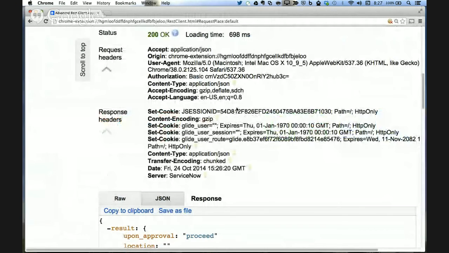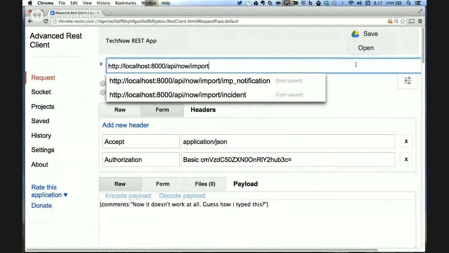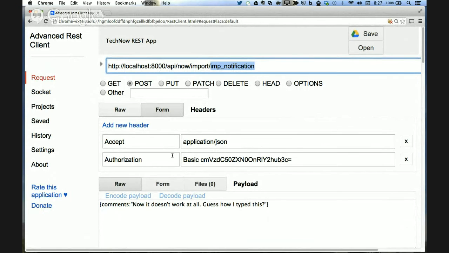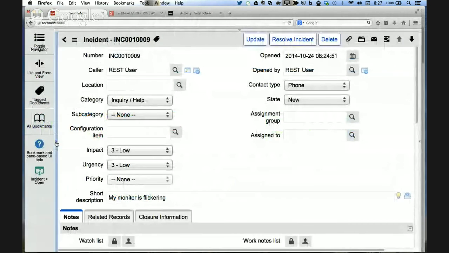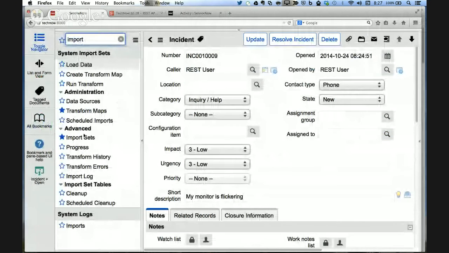Go back to our little thing here. Rather than table incident, I'm going to say import imp_notification. And what is that table, Andrew? Some type of import table, I suspect. Exactly. If I didn't know that, I would go to import sets, and I can see that I have various